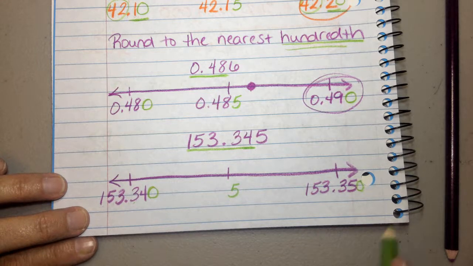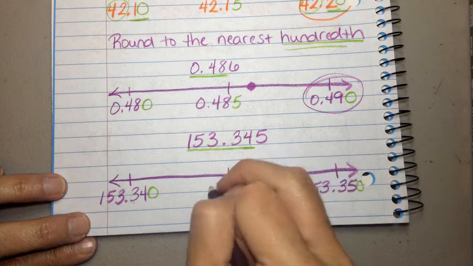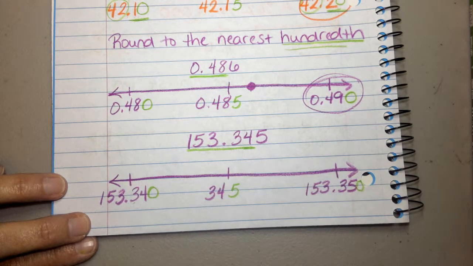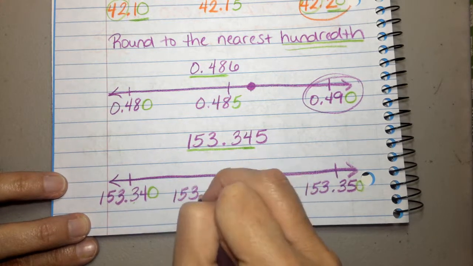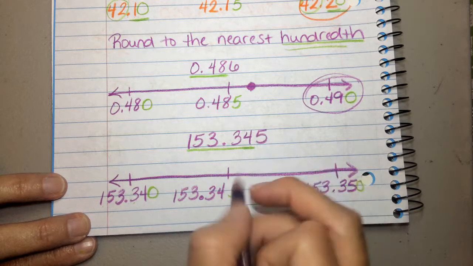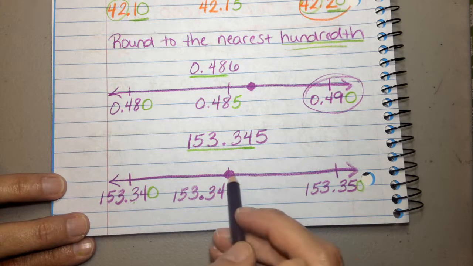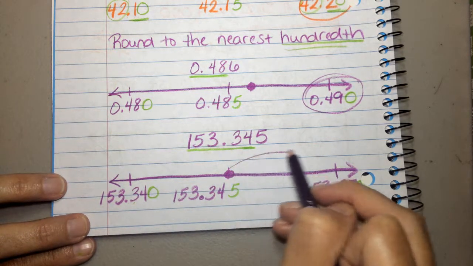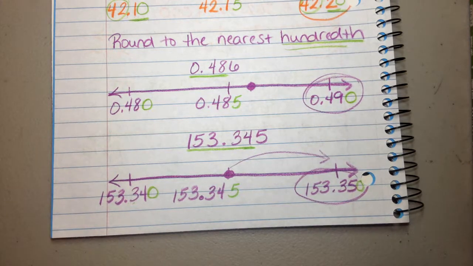Okay, what's in between 340 and 350? 345. But my number isn't really just 345. It's 153 and 345 thousandths. And if you look at my number, it turns out that is my number. And whenever my number is the midpoint, I go ahead and round up. So this one rounds to